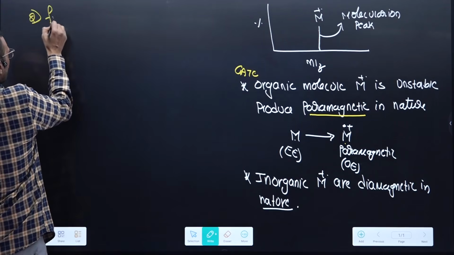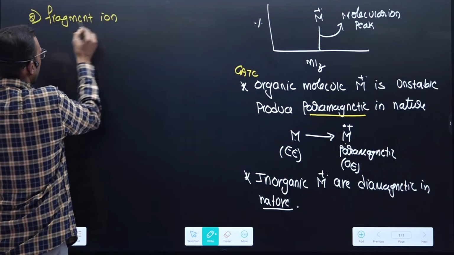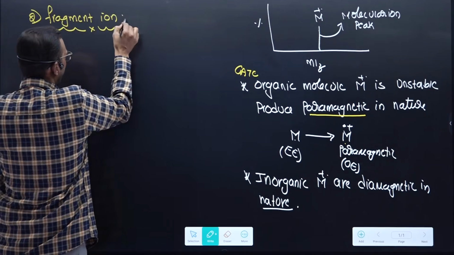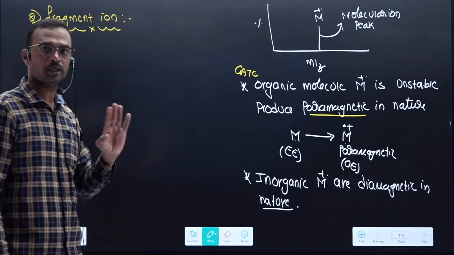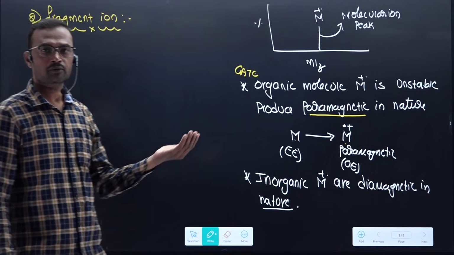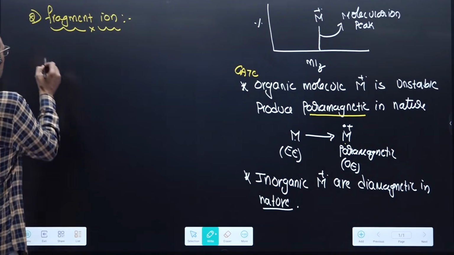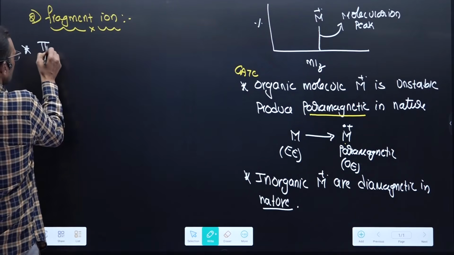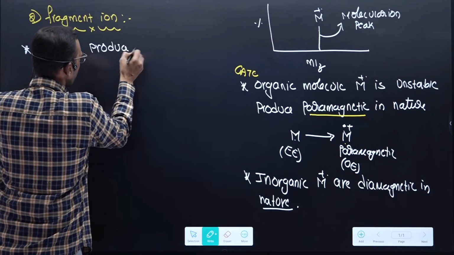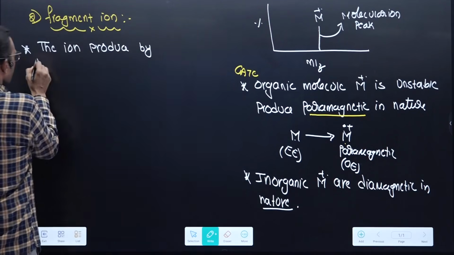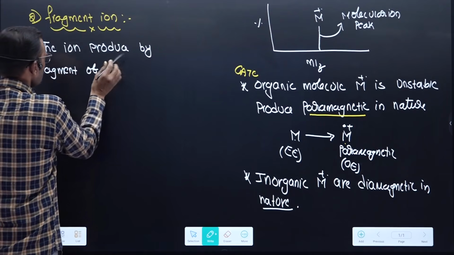Next one, fragment ion. How many types of ions are we discussing in mass spectrometry? With the help of those ions, one can easily identify a peak with respect to the corresponding ions. Fragment ion: the ion produced by fragmentation